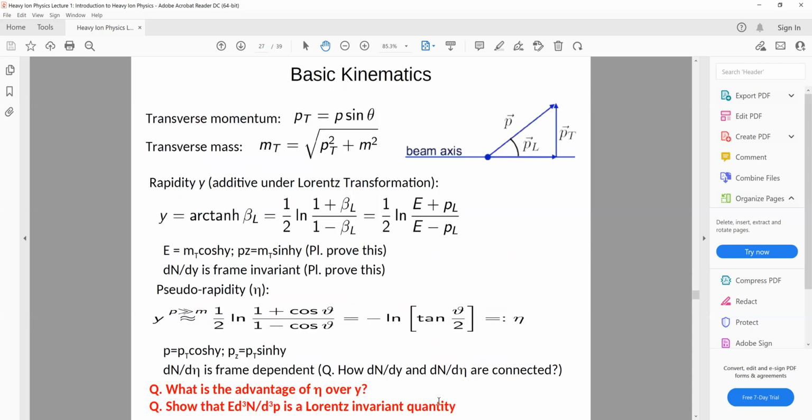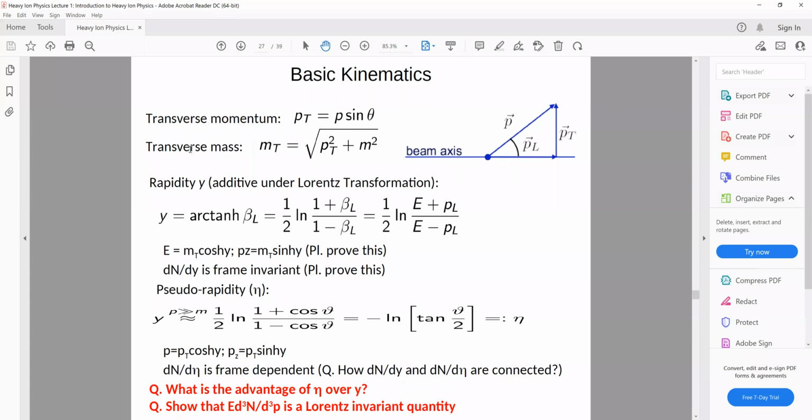Okay. So now a little bit of kinematics. The variables we just discussed are the variables which we often use in our next set of slides in the next part of the lecture. But you will have a detailed course on kinematics. I think Gamuda will teach you in your subsequent days. So the transverse momentum pt is nothing but p sine theta. So you generally assume the beam along the z-axis. The direction in which the beam is moving, you take that direction as the z-axis. So if a particle is produced with a momentum p with respect to the z-axis, then your pt is p sine theta, and of course pL is p cos theta.